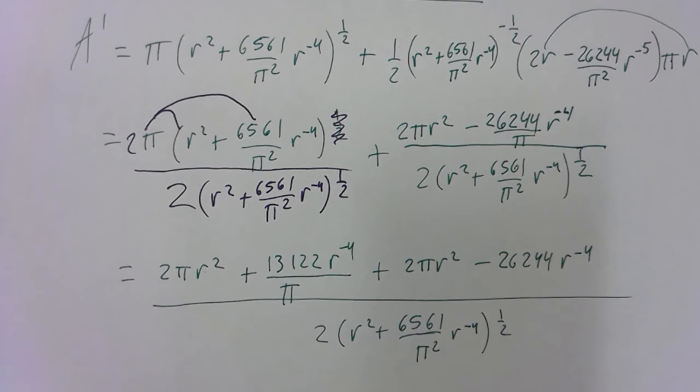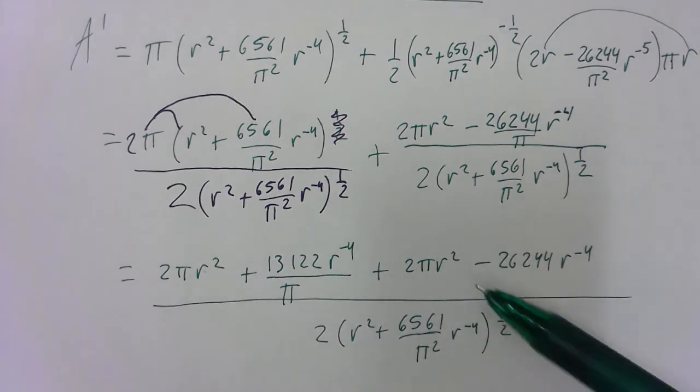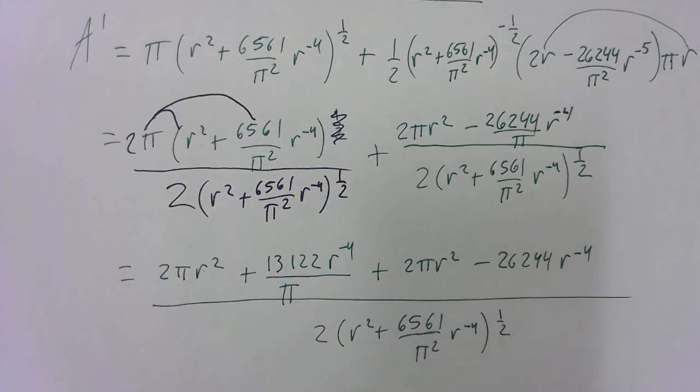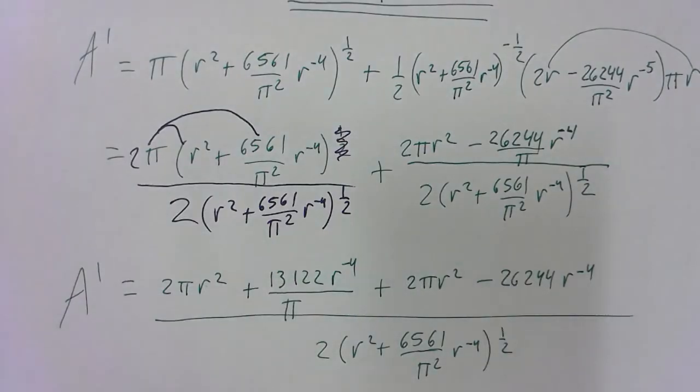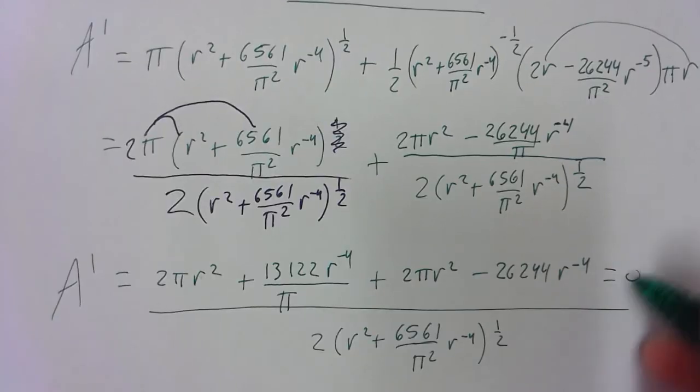Okay, so we have this down here. Now we're looking for the critical points on this. This looks incredibly complicated, but it is going to fall apart here in a minute. Don't lose sight of what we're doing here. This is the derivative, and we're going to set the numerator and the denominator equal to 0 to find the